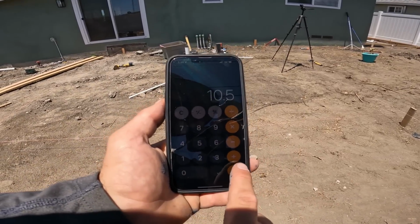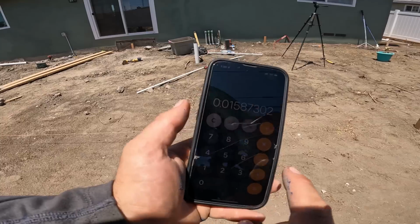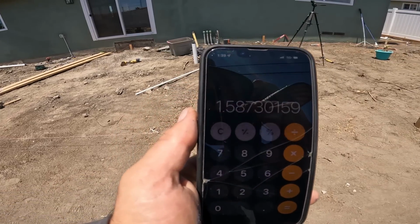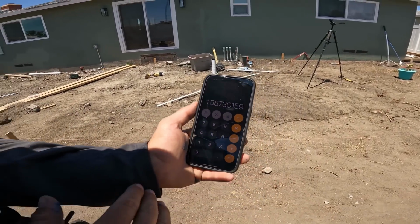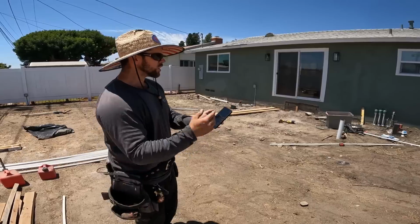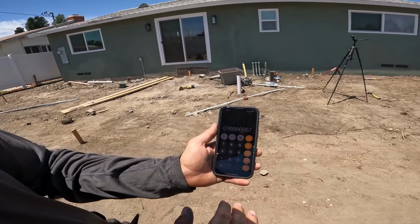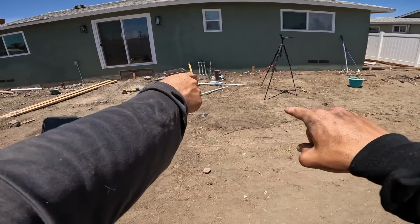So now we just put equal. Now it's 0.015. Now we have to convert that, so you times that by 100 to get a percent. And there you go, 1.58% slope. So I'm happy with that, because if I go any heavier than that, look, check this out. My closest point to the drains is only about 7 feet off the edge, right where Jimmy's